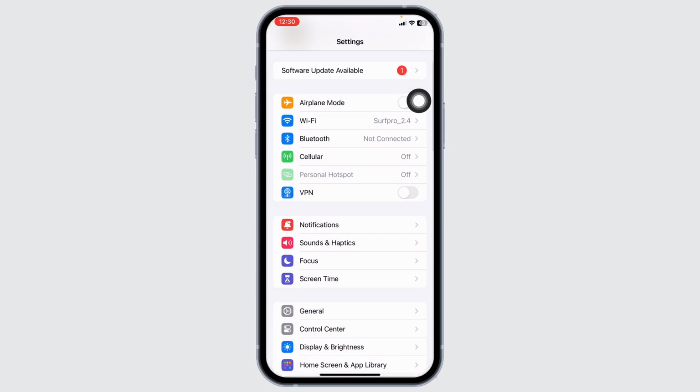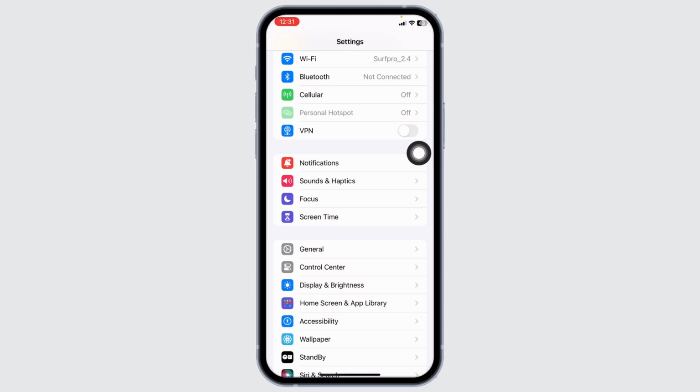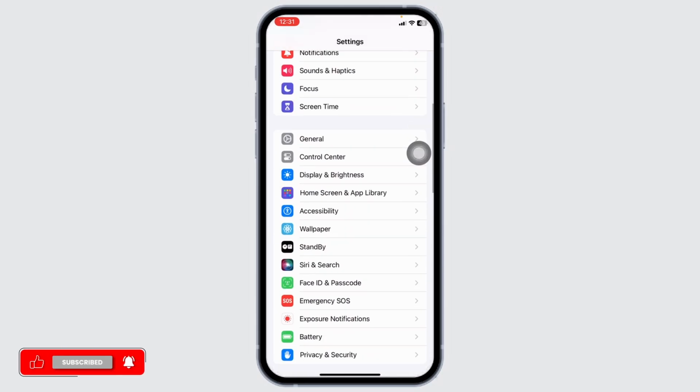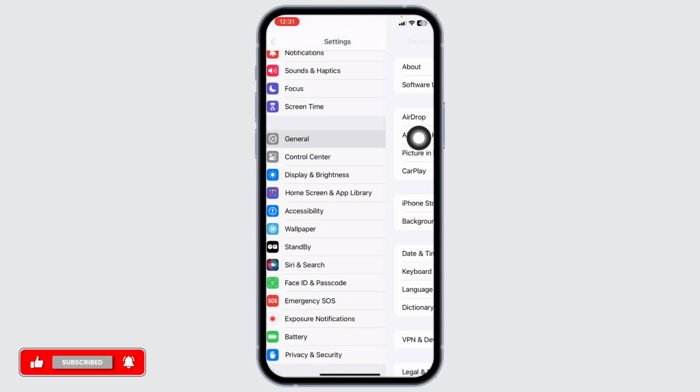Likewise, you can switch your network. If you're using Wi-Fi, switch it to cellular data, and in the case you are using cellular data, switch it to Wi-Fi. Heading towards next solution, clear cache for the Messenger app. Scroll down, navigate to the option of General,